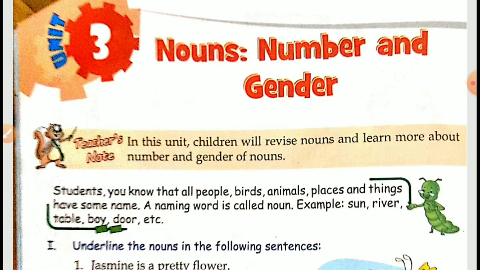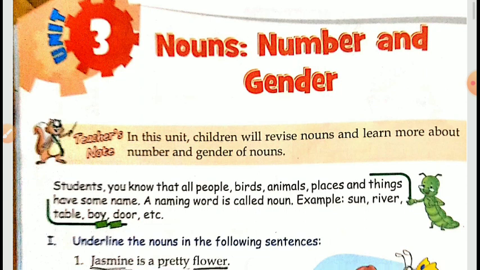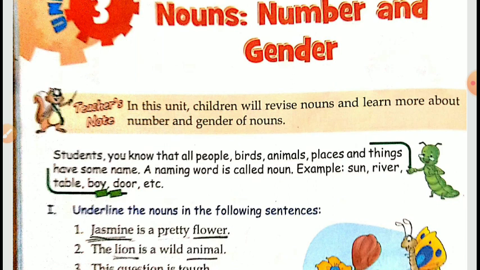Students, in my last video, I had explained about nouns, number, and how to form the plural form of singular nouns. Now, before I move on with the genders, I'll just revise the rules of formation of plurals. First of all, students, what is a noun? Nouns are the naming words. They are the names of all people, birds, animals, places, and things. All naming words are nouns. You need to keep in mind all naming words are nouns.